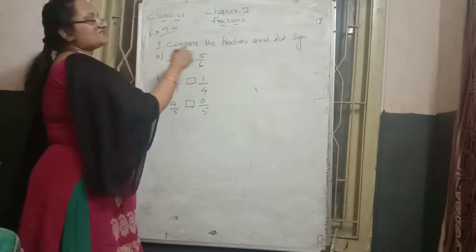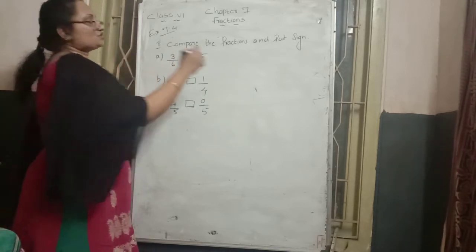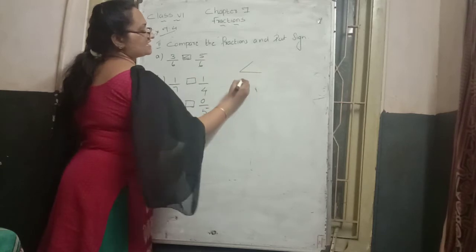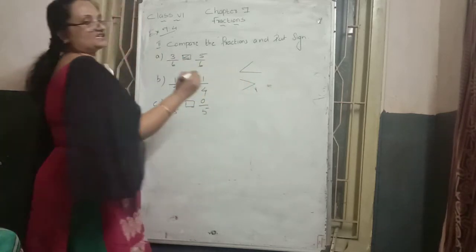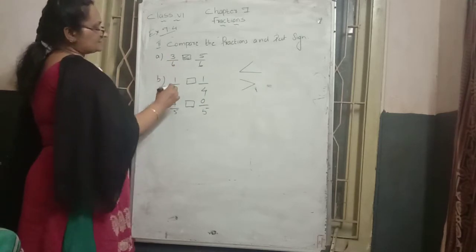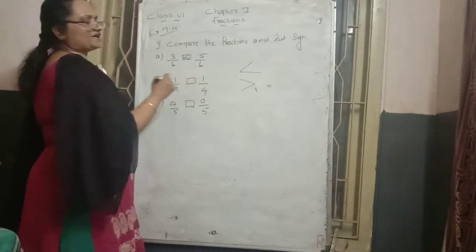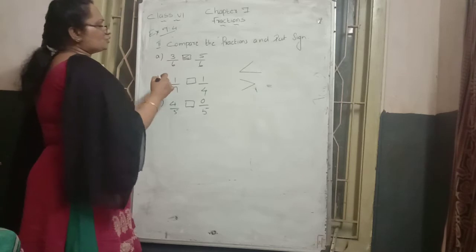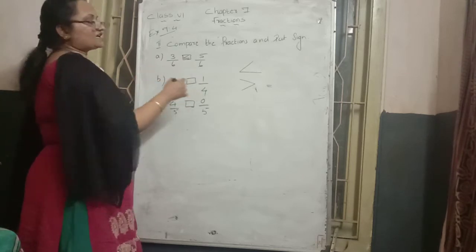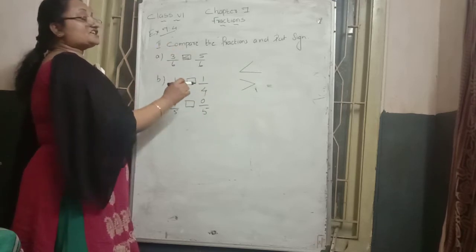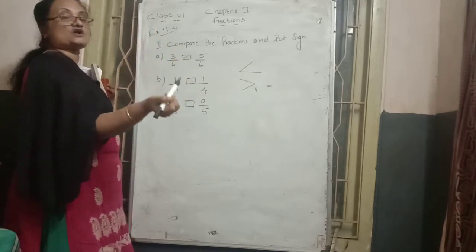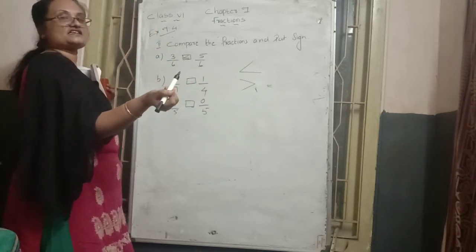That means 5 by 6 is greater than the other. So this symbol represents less than, this symbol represents greater than, and that symbol they are asking is equal. Then next, here 1 by 7 or 1 by 4, which is greater? Here the numerators are equal and the denominators are different. In that case, how can we identify? In the denominator, whichever number is smaller, that fraction represents the greater